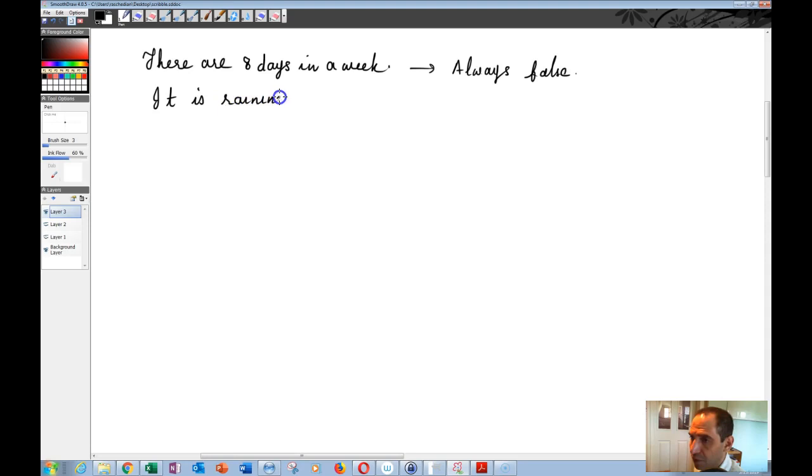Okay, if you say, for example, it is raining here, what this statement is, is an ambiguous statement, because there is no way to know what kind of place here refers to. Here is an adverb, and of course it refers to some place, but there is no way to know where here is. So this is an ambiguous statement.